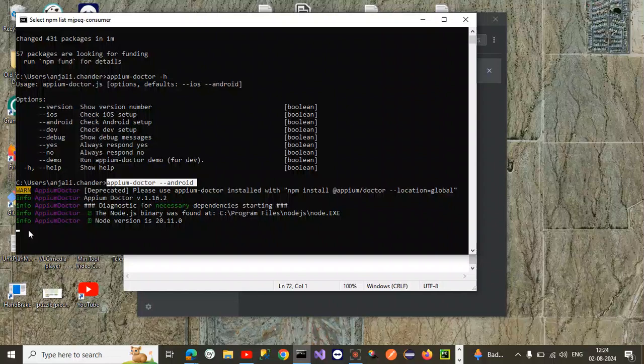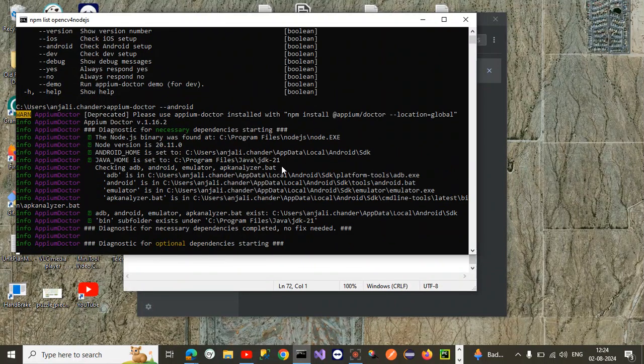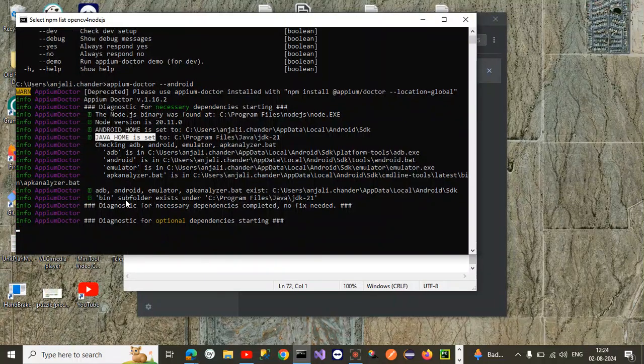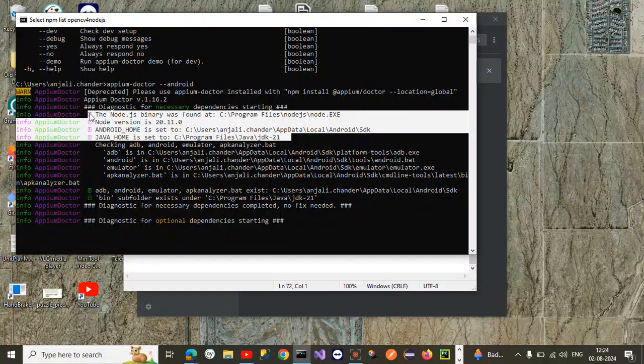It is taking some time. Okay, we got the details. Over here you can check Node.js is found, Android home is set, Java home is set, and we have all the necessary dependencies and they have been completed.